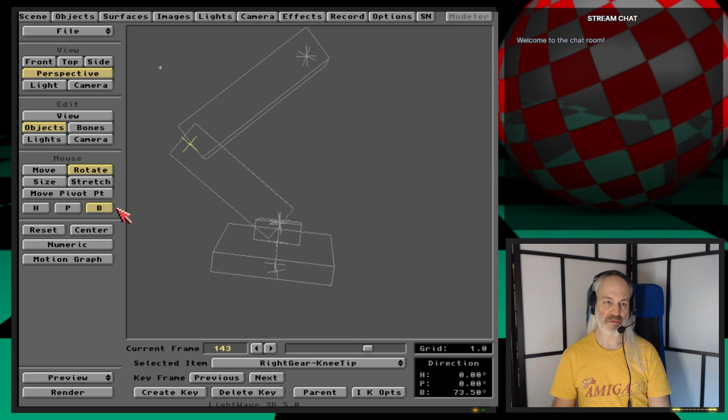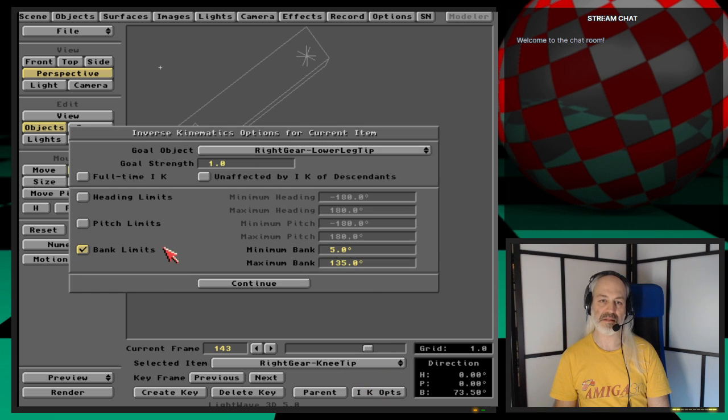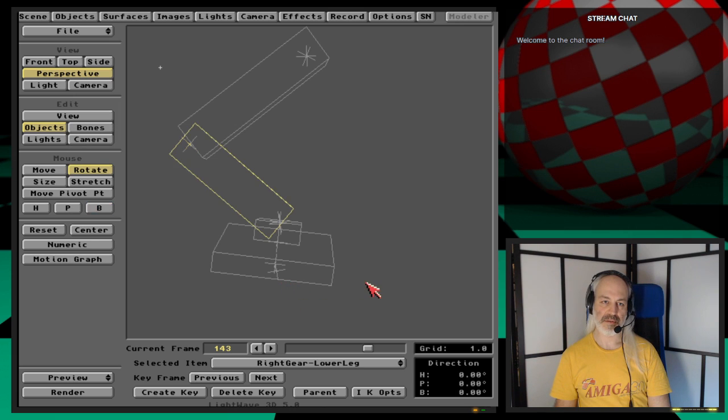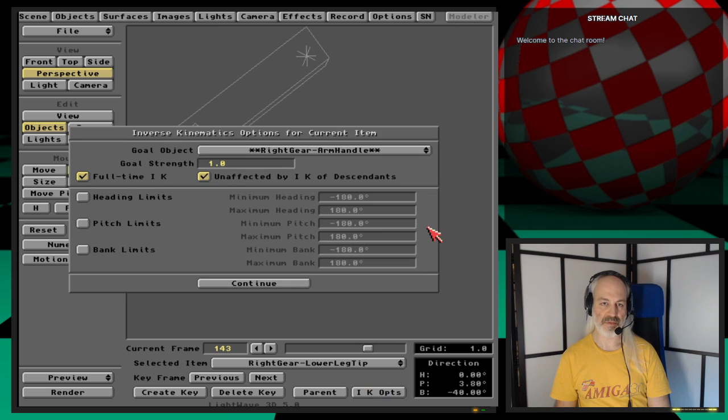So the next one rotates only on the bank angle, and there are also some limits from 5 to 135. It has the goal object as the lower leg tip, which is this one, so this has a target here. I can show you this is both the last null object in the first chain, which is handled by the arm handle, and the grandparent for the foot